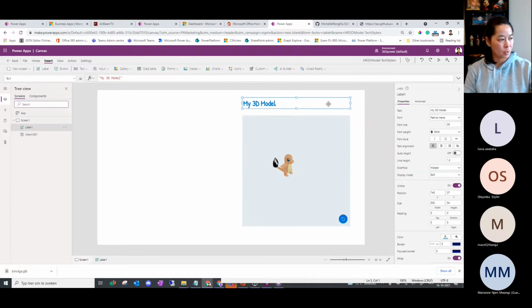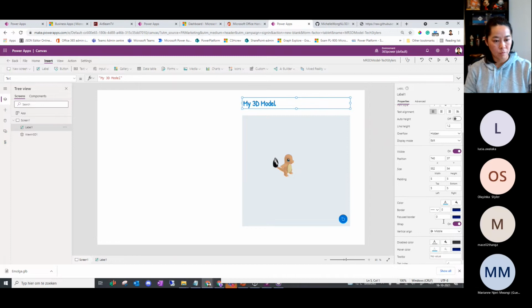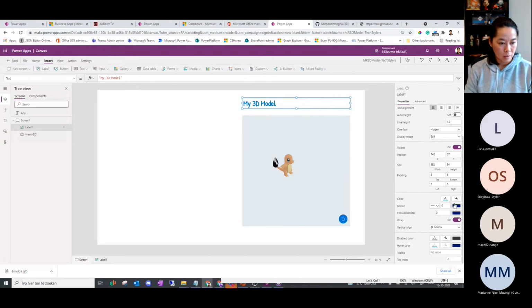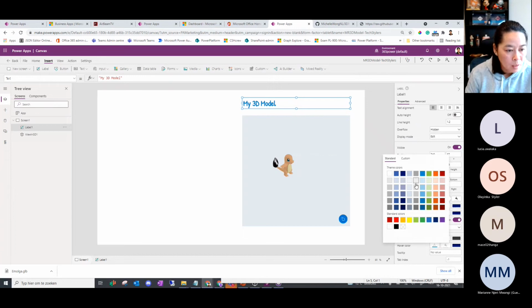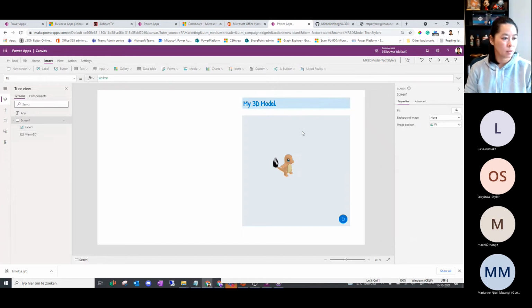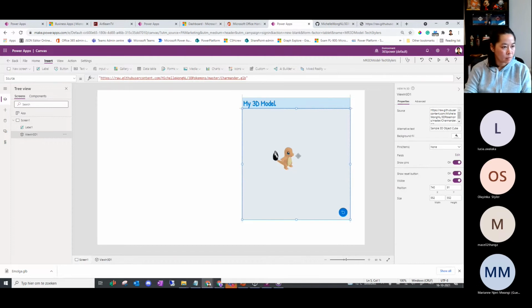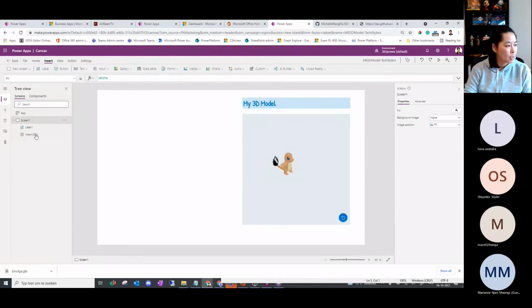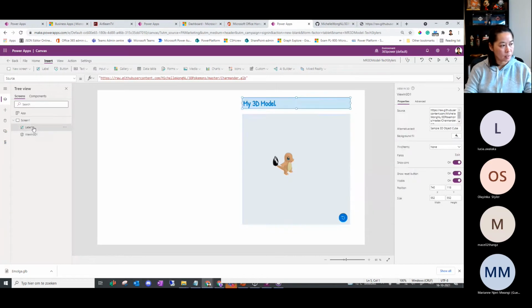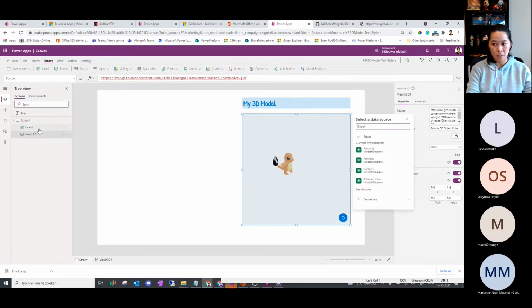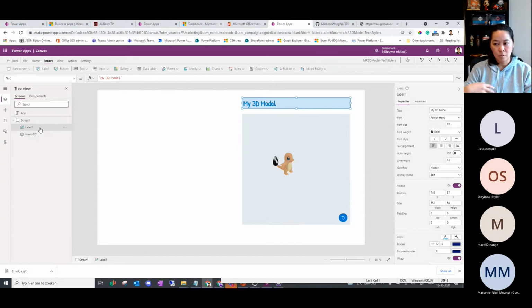If I click on this label, what will change with here, and how can I play with this? Background color, light blue. So then you can see this is now the option. On the left hand side, you see the screen and all the objects that are included in this screen. Try to make yourself familiar with this